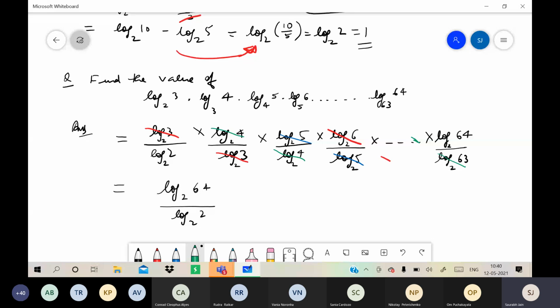Now you can write it directly also, or you could have done some other changes and then write denominator log 2 base 2 is 1, correct, and numerator, what should be the power of 2 so that we get 64? You can write 6, or you can use some other properties of power and all, and then you can get the answer 6. So 6 is the final answer. Simple base changing theorem.